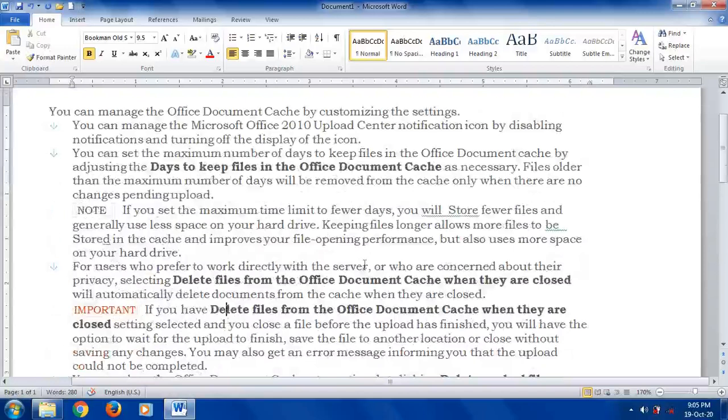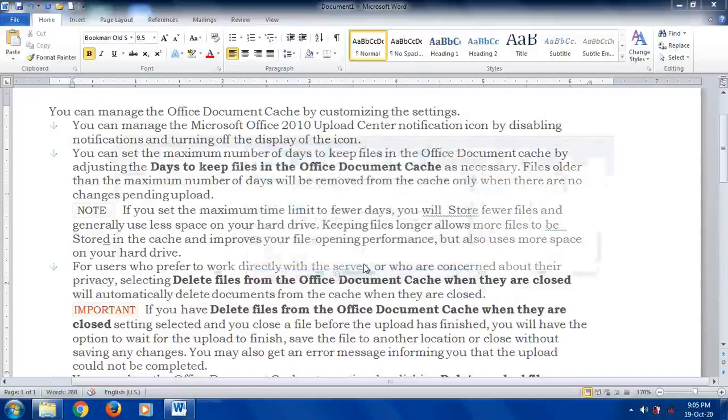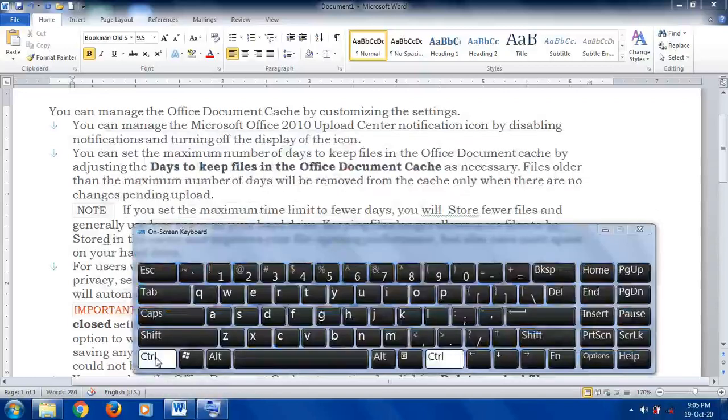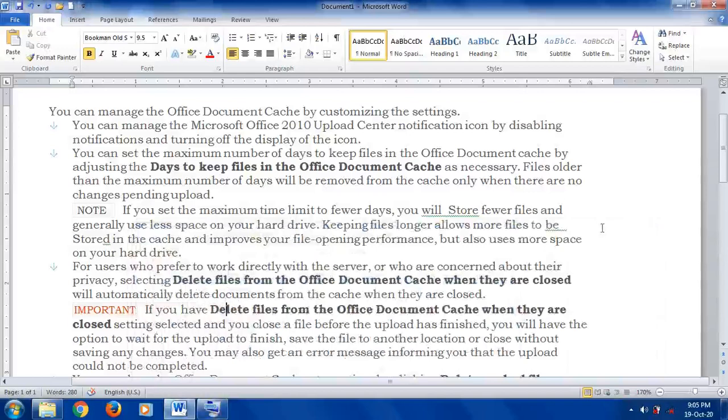Now same option can be accessed by using shortcut key. For example, Ctrl F. First of all, let me open on-screen keyboard. So in the on-screen keyboard, here press Control F button to get the find dialog box.